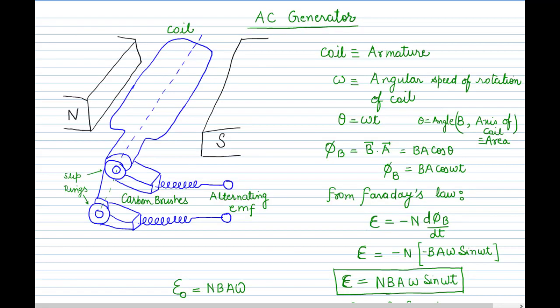So after looking at the AC generator, we can make certain conclusions. What are those conclusions? Say, for example, this is the direction of magnetic field, it is the direction of magnetic flux. So our B is along this direction. This is the direction of field B. And say our coil is at 90 degree. If we rotate it such that this angle is 90 degrees, then you can say the angle between the magnetic field and the area of the coil, first step we can see is